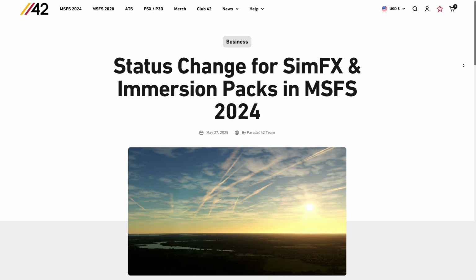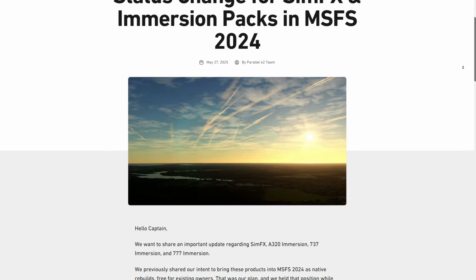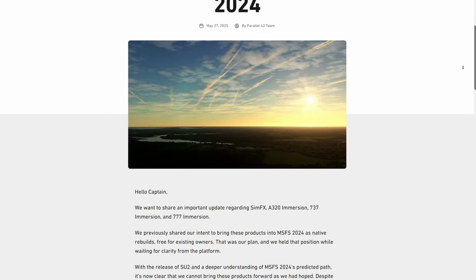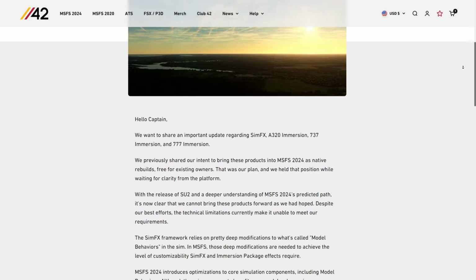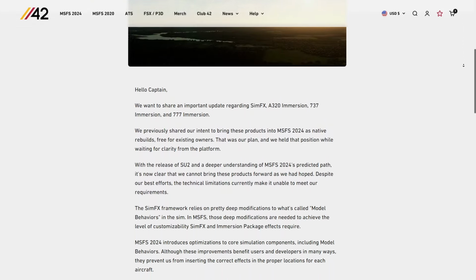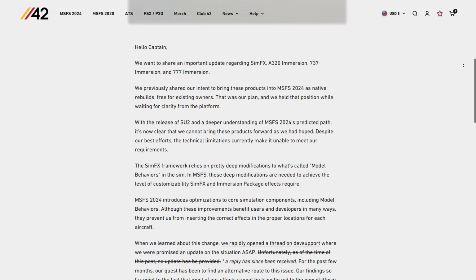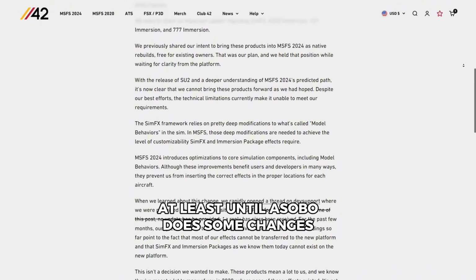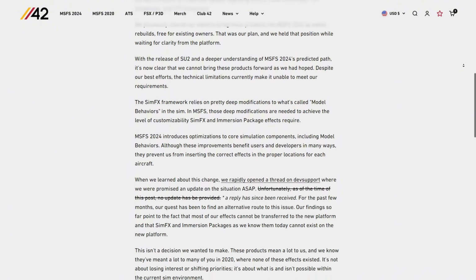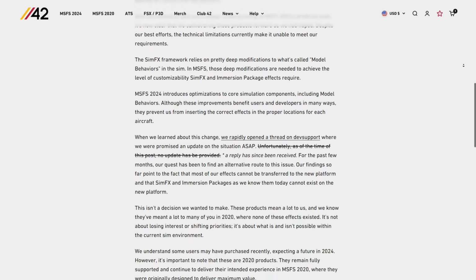Now let's switch over to add-ons, and I don't like to be the deliverer of bad news, but unfortunately we have some bad news from Parallel 42, which are the developers behind Chaseplane, SimFX and all the immersion packs. They have confirmed that the SimFX and the immersion packs will not be compatible with MSFS 2024. Despite their original intent to offer a free native upgrade, recent technical limitations of the MSFS 2024 SDK have made